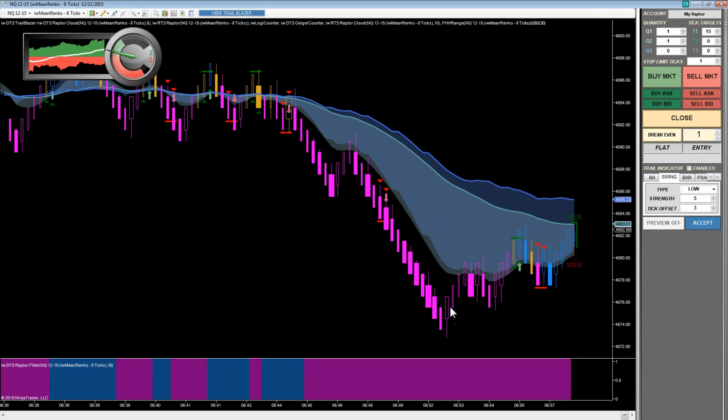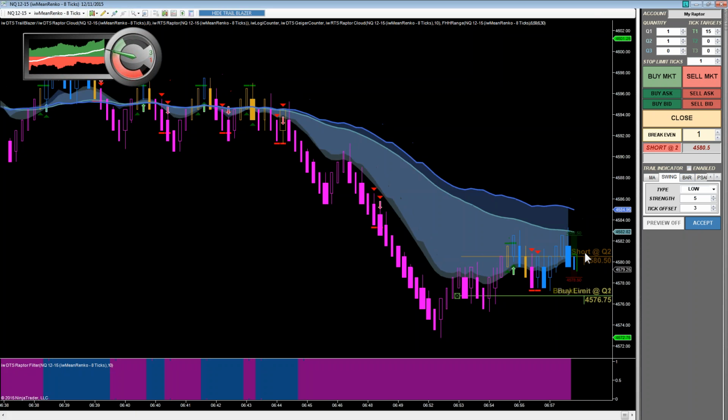Brian is asking, with the Trailblazer, can you enter an order and have it automatically place a stop without using the trail indicator? No, your stop needs to be enabled for it to place a stop automatically. So there's no signal here. I'm just demonstrating. If I hit the sell market, you can see I've got my sell, I've got my profit target and break-even triggers,